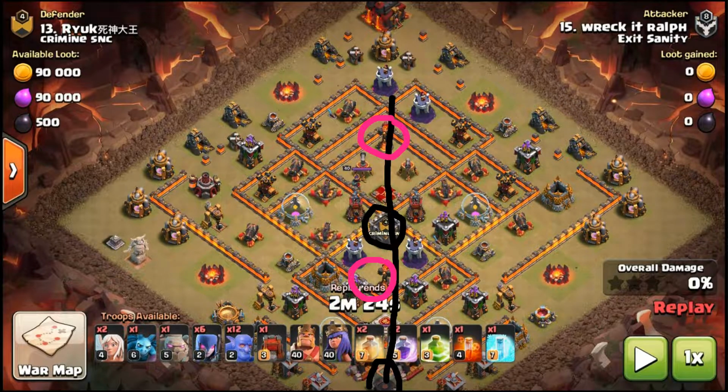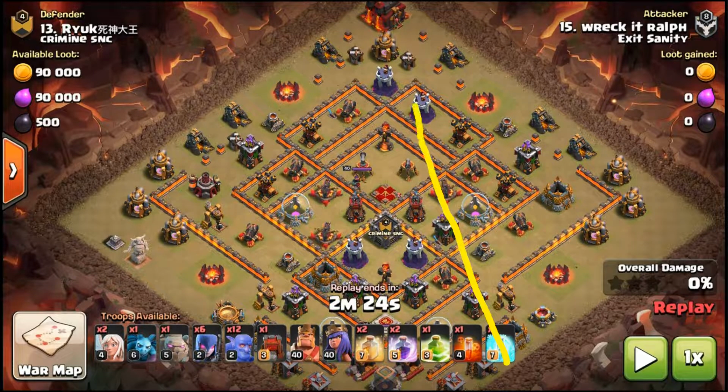So definitely he's not going to go straight through. Instead, what he's going to do is come from this side right here, and he's going to go all the way to the town hall without this Inferno even touching the wall wrecker. The reason I put an X through that is because it's not going to touch it. This one will though,